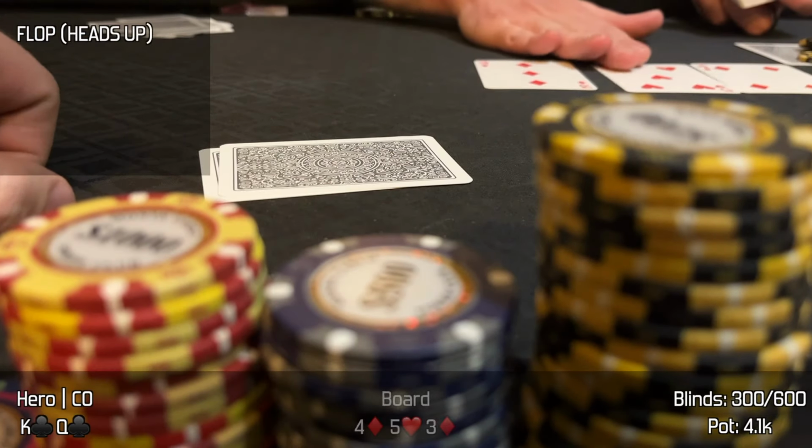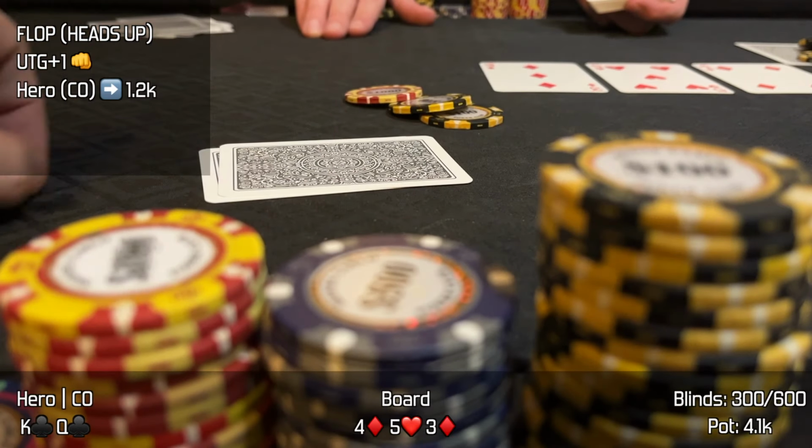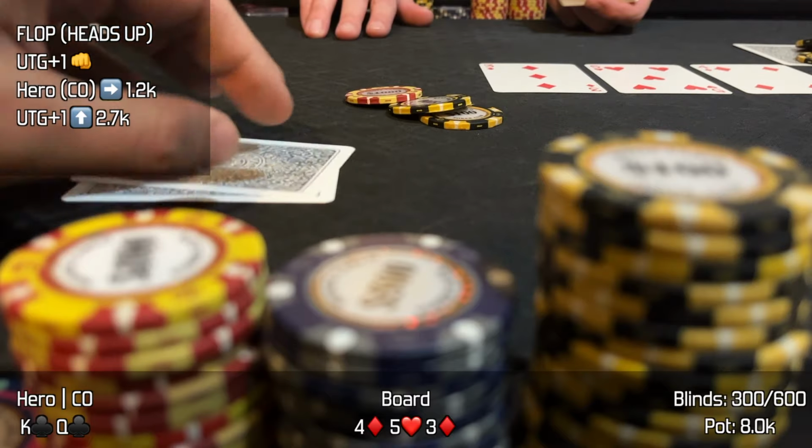The flop comes 4-5-3 with 2 diamonds. Under the gun +1 player checks to us. I decide to down bet here to 1,200, just as I would if I was holding a big pocket pair. The under the gun +1 player raises us to 2,700. In this particular spot, since I'm holding clubs and not diamonds, I decide to give up and just wait for